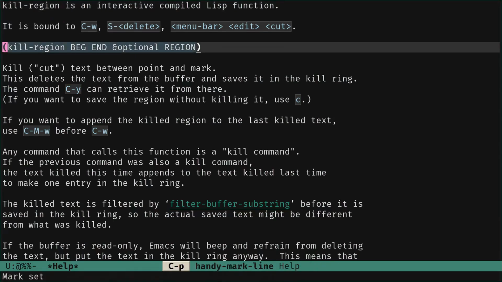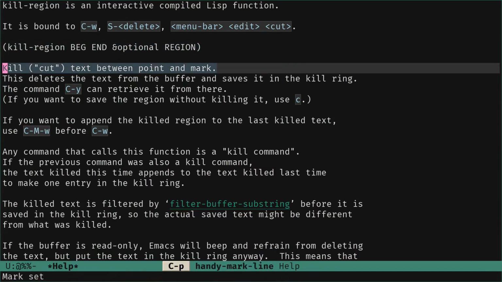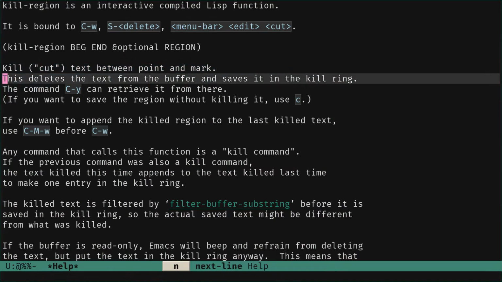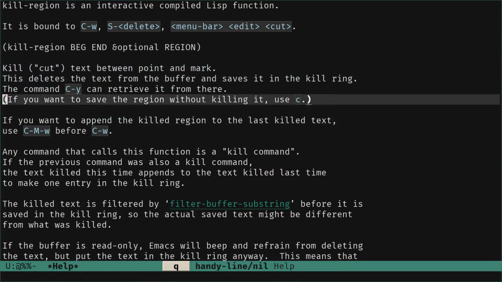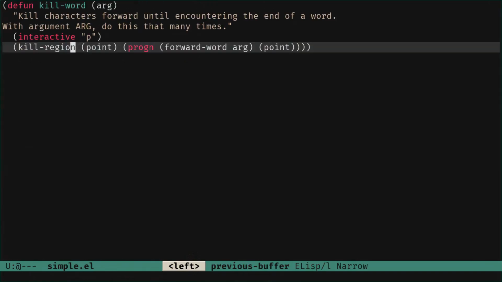So kill region from beginning to end, and here is the text between the point and the mark, and we have the other information. And as we are inside Emacs, we can evaluate any expression anywhere, anytime.